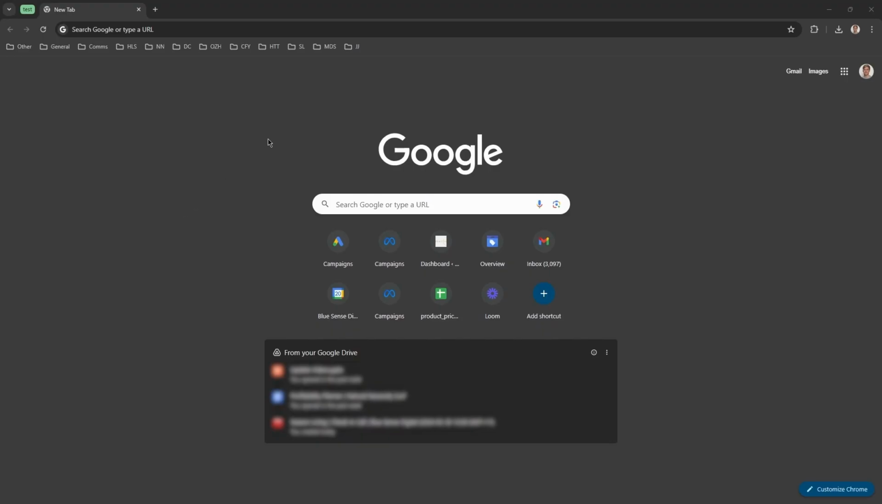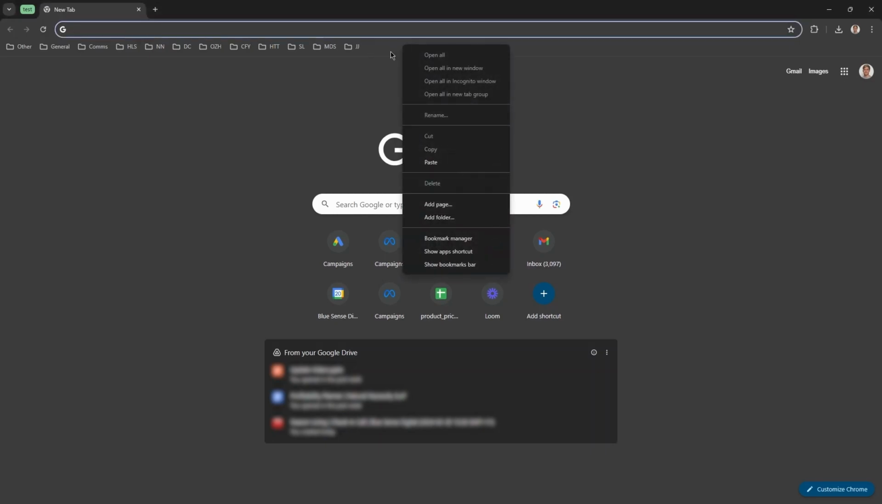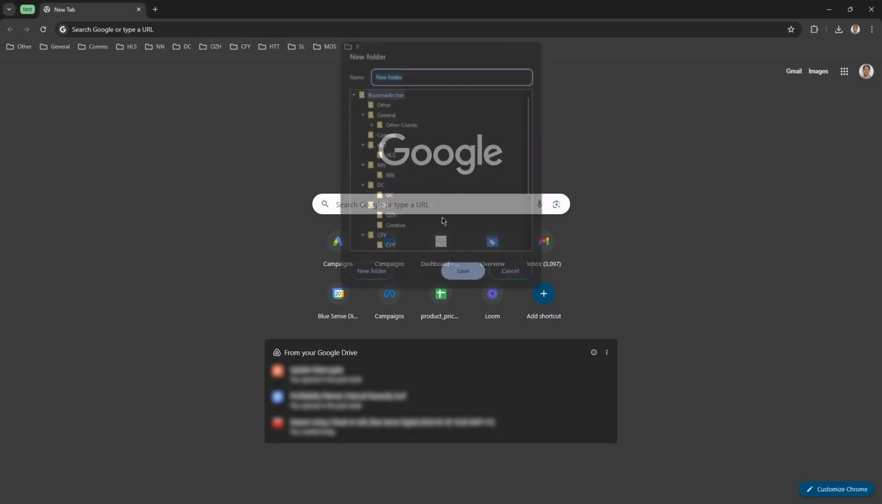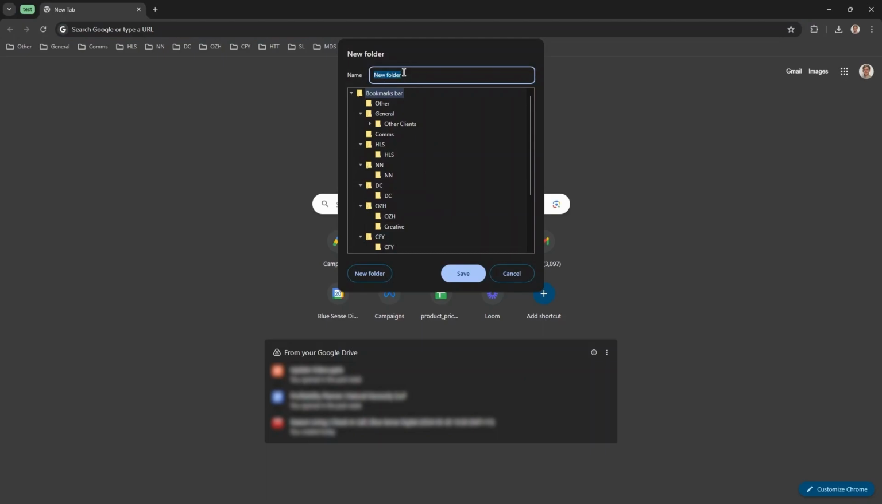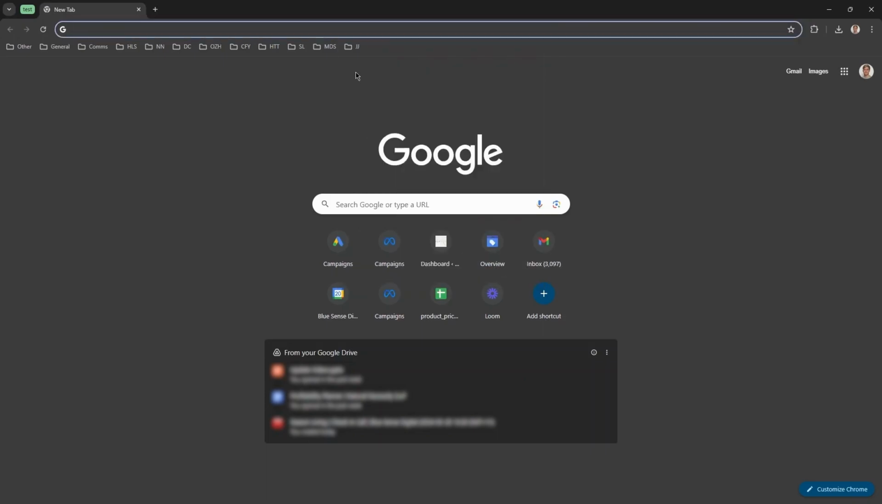Point number 2 is bookmarks. So I'm sure you're very aware of bookmarking different websites or whatever in the bookmarks bar up at the top over here. Now, just for reference, if you right click on this, you can add a folder, and then you can obviously name that specific folder, and then you can drag different bookmarks into each folder. So as you can see here, I organize all my different client accounts into their various folders, and everything's all